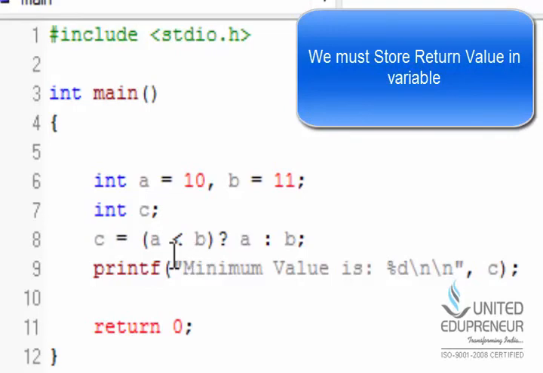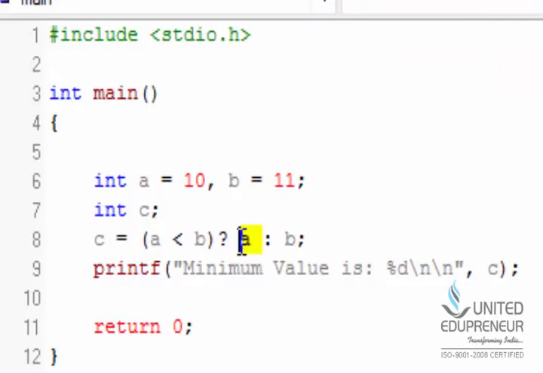So this is the syntax of the conditional operator. The first part is the condition, after that the question mark, the value which will be returned if the condition is true, a colon, and after it the expression which will be evaluated if the condition becomes false. Now I am printing this c, which is the minimum value among these two variables, onto the screen with a simple printf statement.